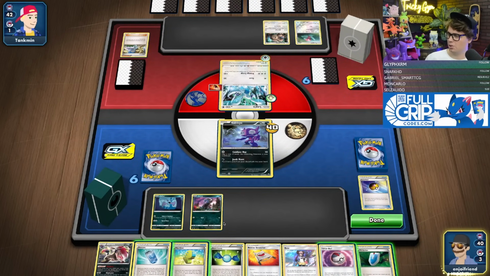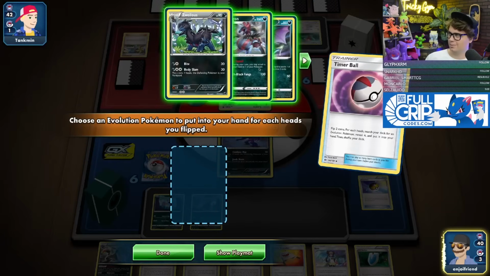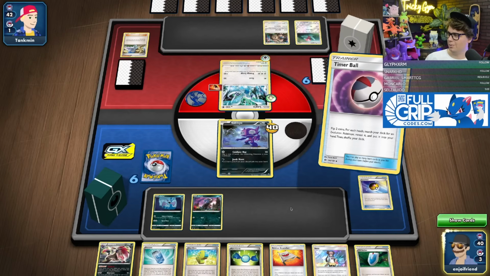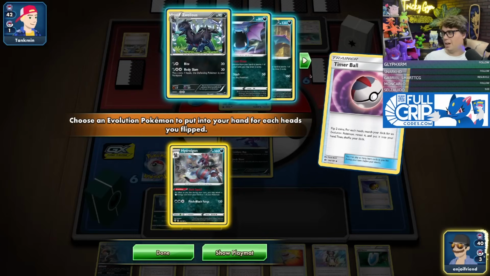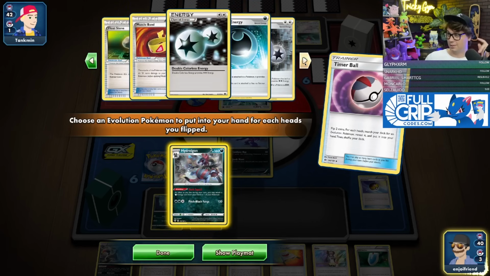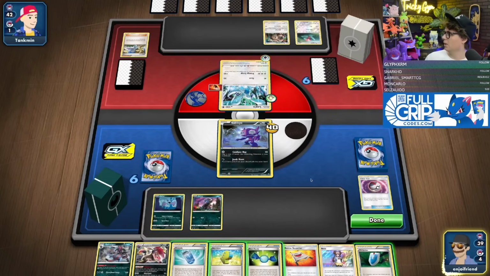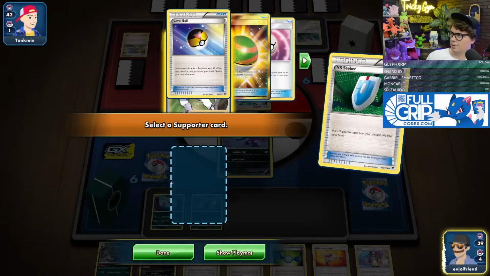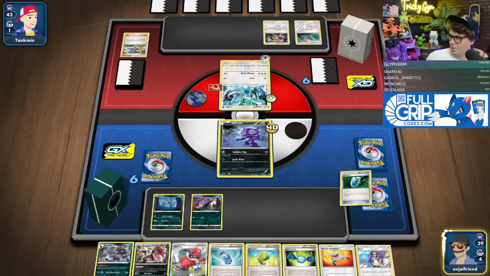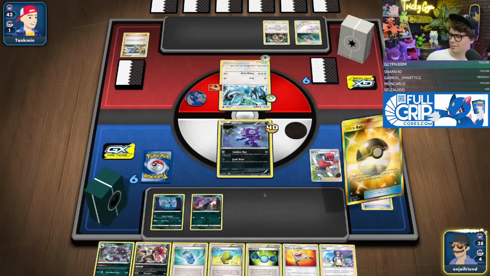Okay, now we've got Vs Seeker. So we'll Timer Ball, see what we get. 1 heads. Dope. I think yeah, I have Ultra Ball in this deck, I think, right? Just 1 more ball card, huh? That's fine. Yeah, we might as well get this dude. Set it up. We're here, right? And then let's Vs Seeker for another ball guy. I'm going to ball guy and get the Ultra Ball